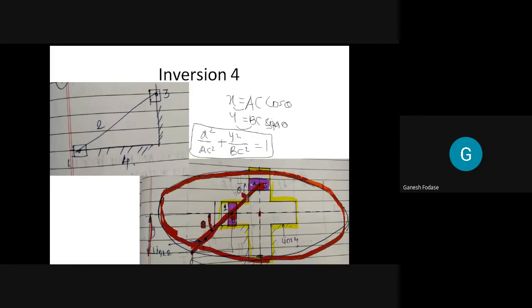If it is at the AB midpoint, then assume it is C here. I told you any point will trace an ellipse. But if this point C is the midpoint of BC, then